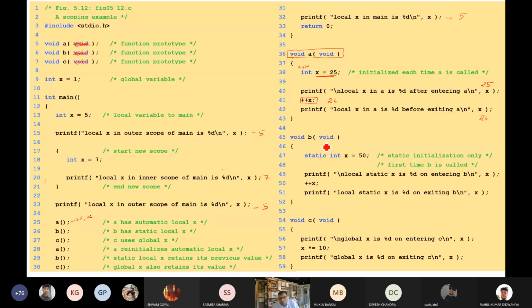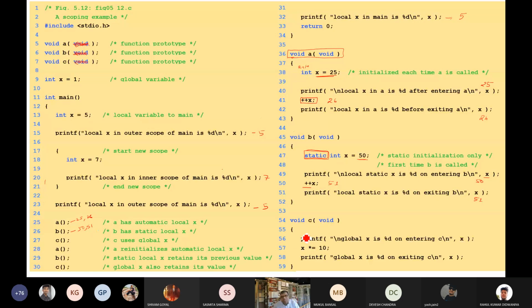Now come to this scope. Here static is written. What is the meaning of static? Let us see by using this example. x equals 50. This will print 50. Now ++x will increment this value to 51 and this will print 51. So here it will print 50 and 51.